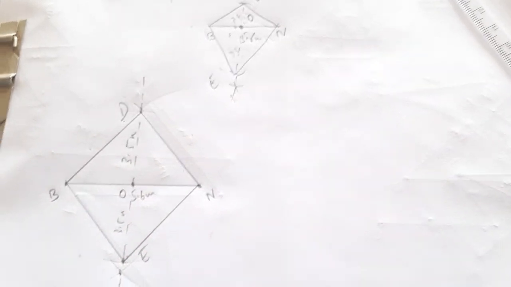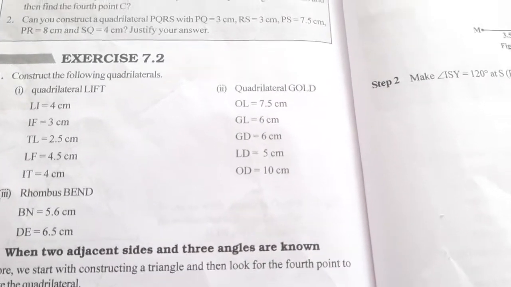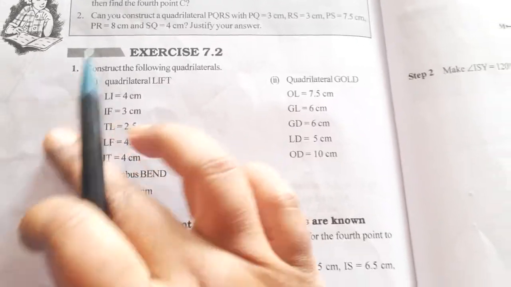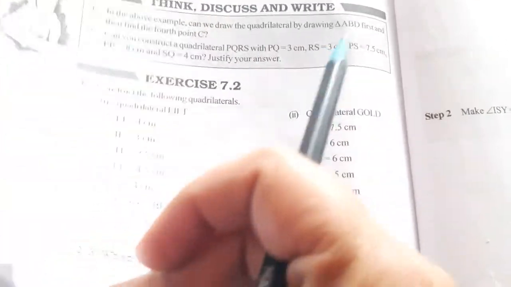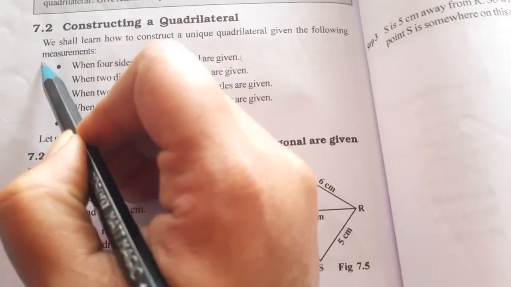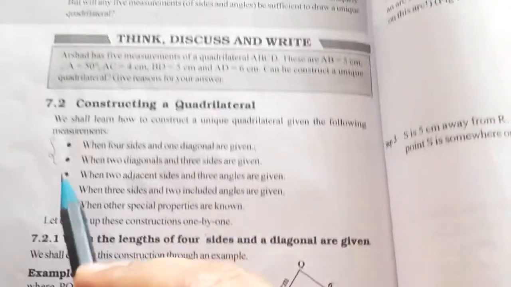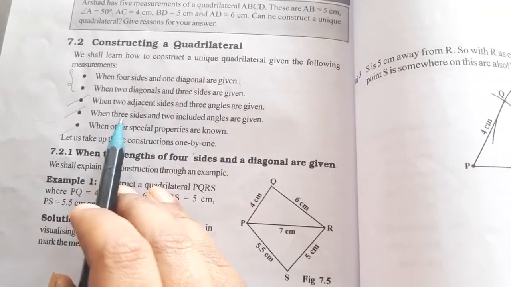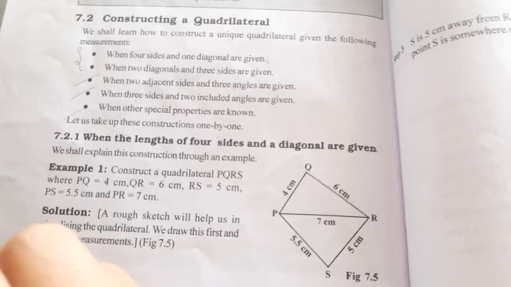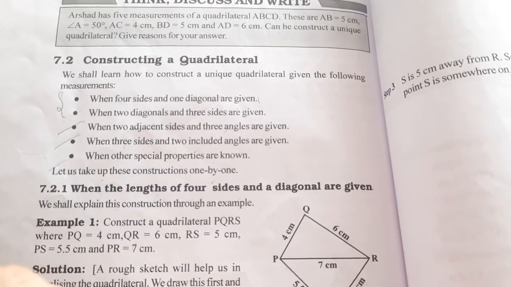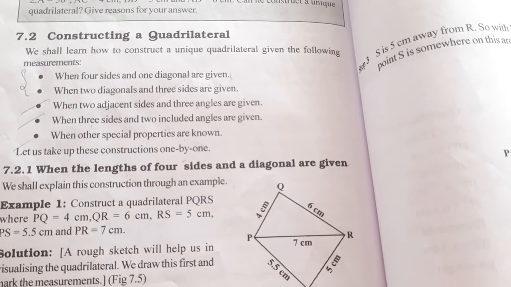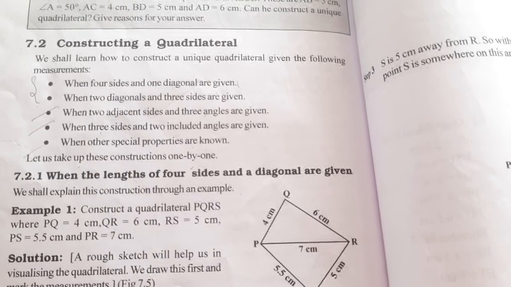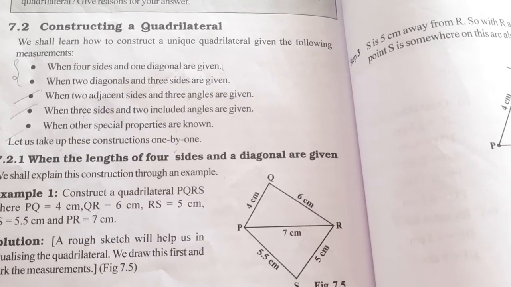So this is about the second problem of the exercise, third problem of the exercise 7.2. You have 3 problems given in this exercise and I have solved all the 3. Next, concepts you have, when I said you only these 2 concept problems we have studied, children. The remaining 3 topics, 2 adjacent sides and included angles, some special properties, have been removed according to your new syllabus, and you have only the first 2 exercises from this chapter. So this completes the lesson practical geometry.